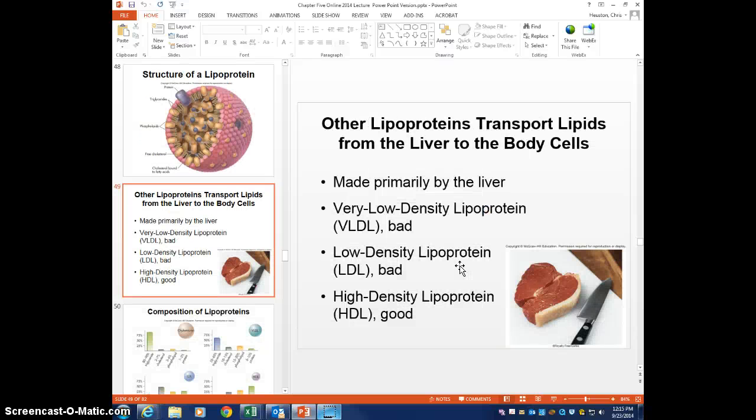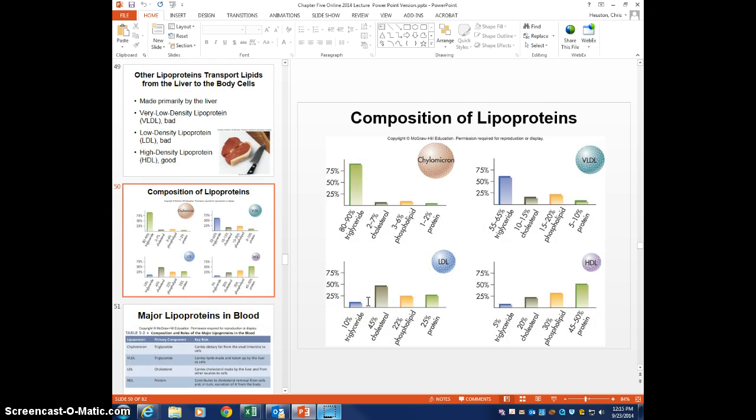Okay, so the ones that you're most familiar with are probably this LDL and the HDL. So let's look at a further picture. So in this picture of the composition of the lipoprotein, you can see that the chylomicron and